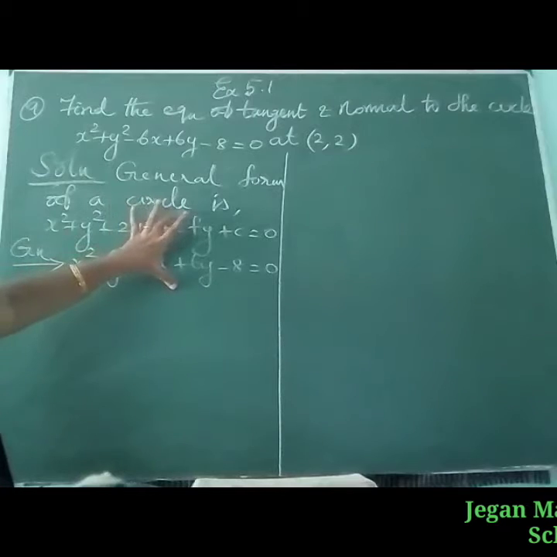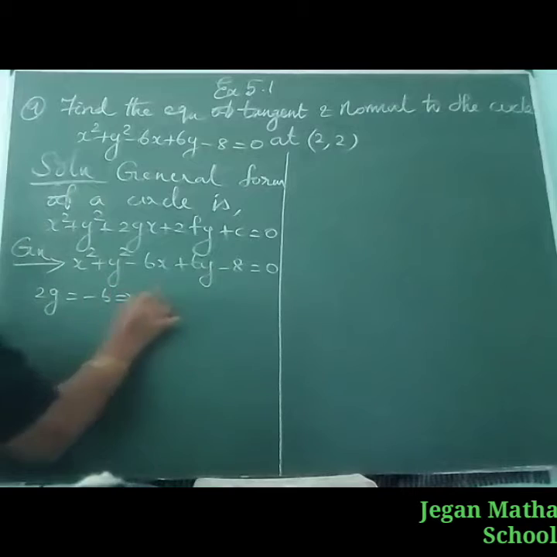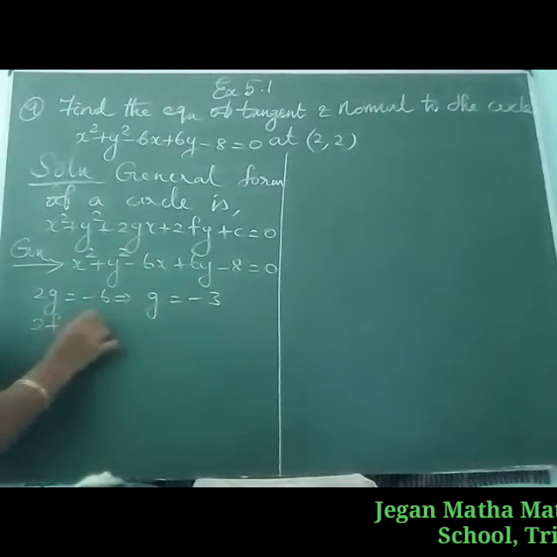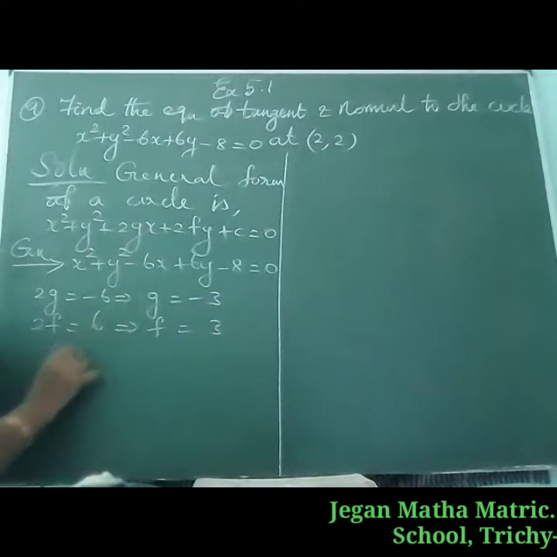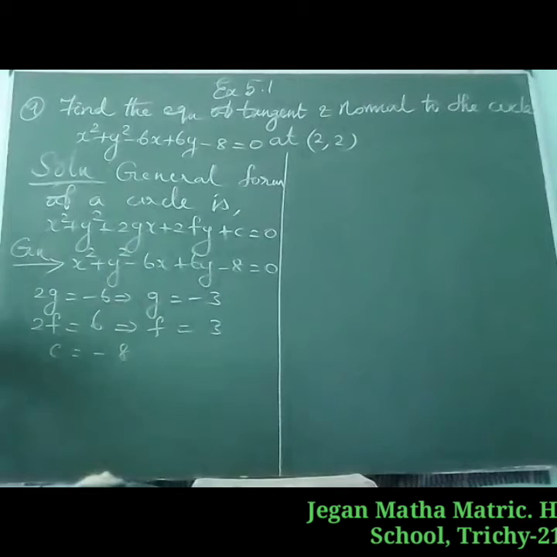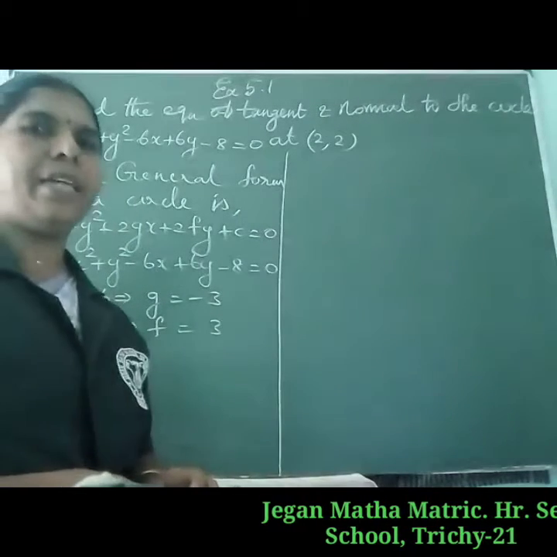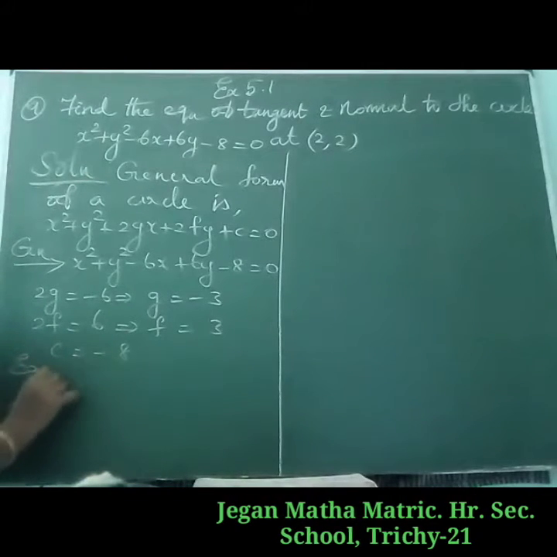Compare the values of these two equations. We will get 2g equal to minus 6. Therefore, g is equal to minus 3. 2f equal to 6. Therefore, f is equal to 3. And c is equal to minus 8. Now, we have to find out the equation of tangent to the given circle. So, equation of tangent